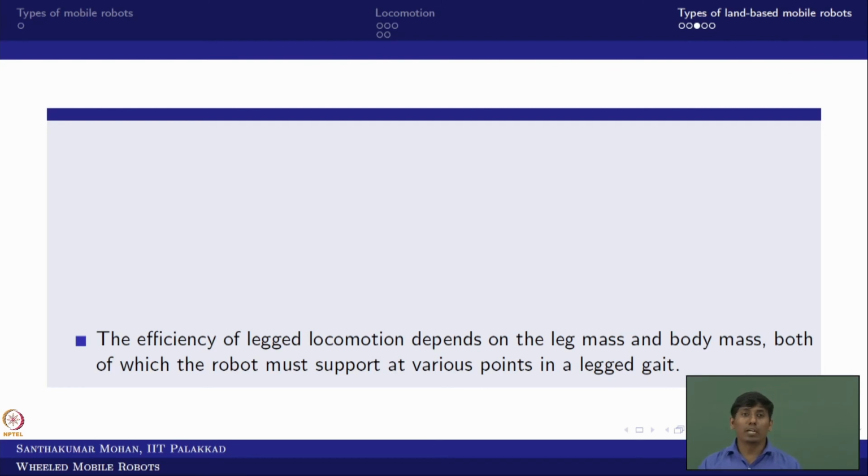Both are important, since they are supposed to be supported on the points making contact with the ground. For example, this is your foot, and I treat it as a single point contact. This is the point making the support reaction, which is supposed to hold it. For example, now I am standing on one leg, so that one leg gives all the support reaction. So your leg mass and body mass are supposed to be optimally designed for that particular case. Now I am standing on one leg, but if there is a larger flat body on top of my head, I may not be able to stand in a stable location. That is what we are talking about here.